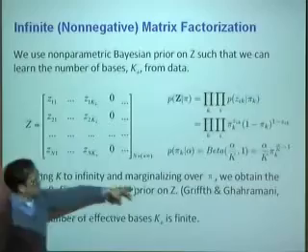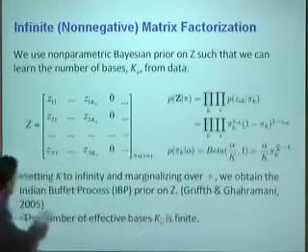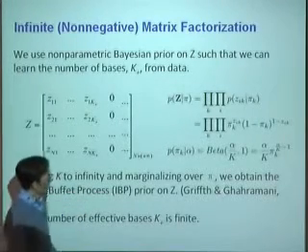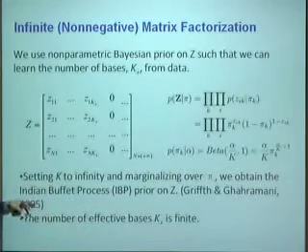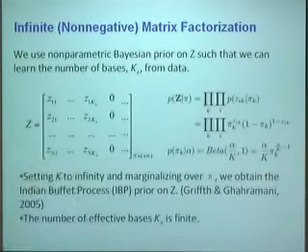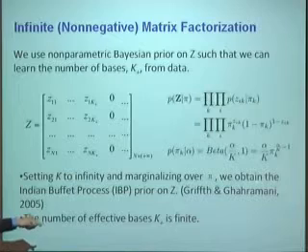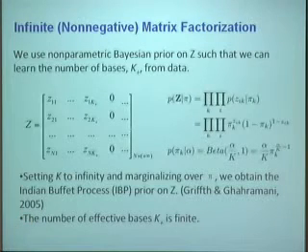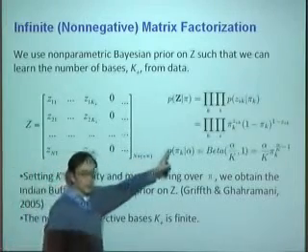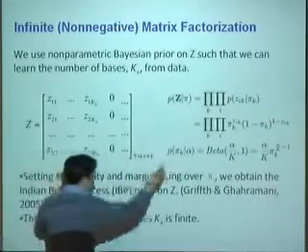Now if we marginalize over pi, in other words, integrate over pi, we obtain a new nonparametric distribution based on the Indian buffet process. This was developed in 2005 by Thomas Griffiths and Zoubin Ghahramani. This is a nonparametric Bayesian prior in the sense that the model can become bigger and bigger when you have more and more data points. In other words, K is not predefined. The K actually is infinite, but